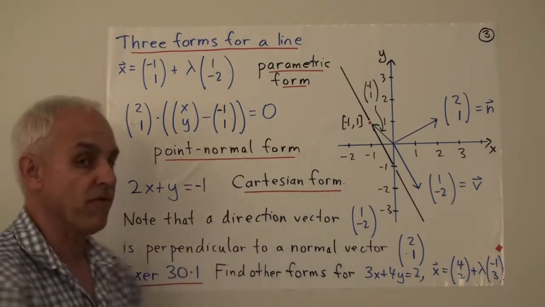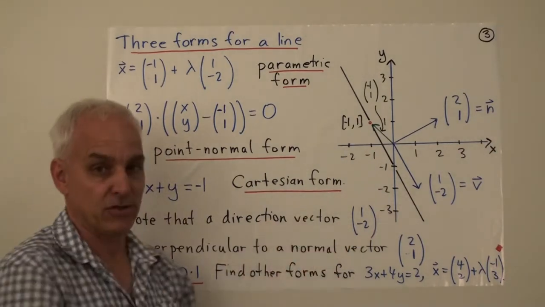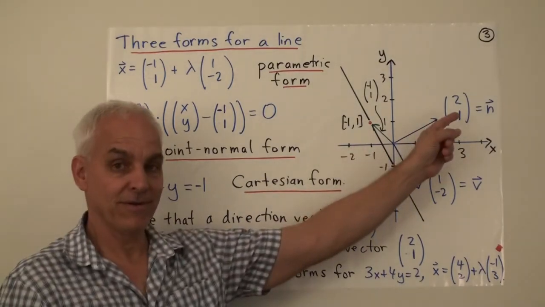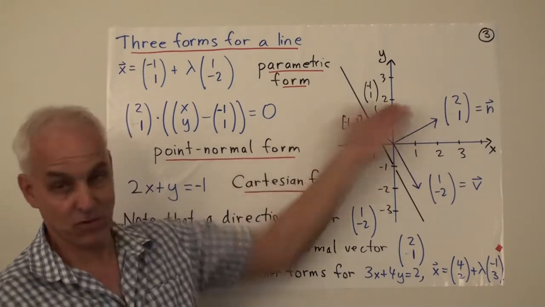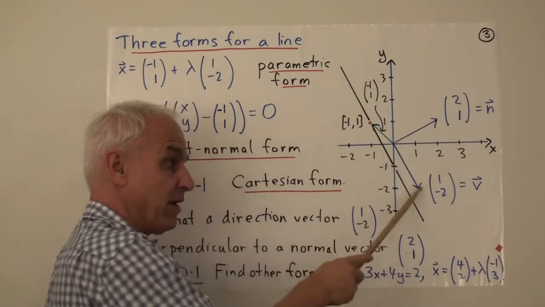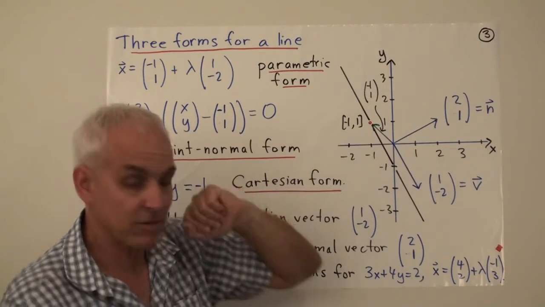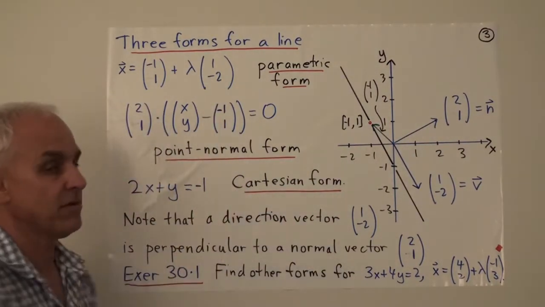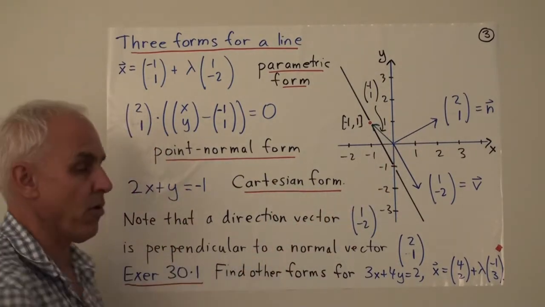And how to get a parametric form? Once we have a point on the line, we just need a direction vector. And if you know one of these two forms, then you know a normal vector. So you can go from a normal vector to a direction vector basically the same way we went from a direction vector to a normal vector. Just take a vector that's perpendicular to the normal vector, then you're going to get a direction vector. It's the same idea. You just swap those two elements around and multiply one of them by minus 1. That's how you could get this direction vector if you knew the normal vector, either from the Cartesian form or from the point normal form.